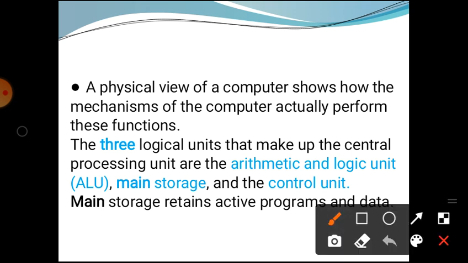Here the main storage means the memory unit, also called the register unit. The main storage holds the active program and data coming from input devices and going to the output devices.